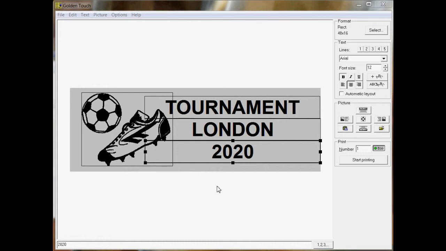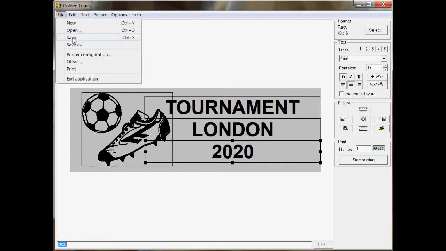Saving your work. Golden Touch can save a design on the hard disk of your computer. Saved designs can be reopened, modified and printed. Use this option to save a design for a client with a view on possible supplementary orders or for saving and reusing standard plates. To save the design, click on File in the Golden Touch menu and then click on